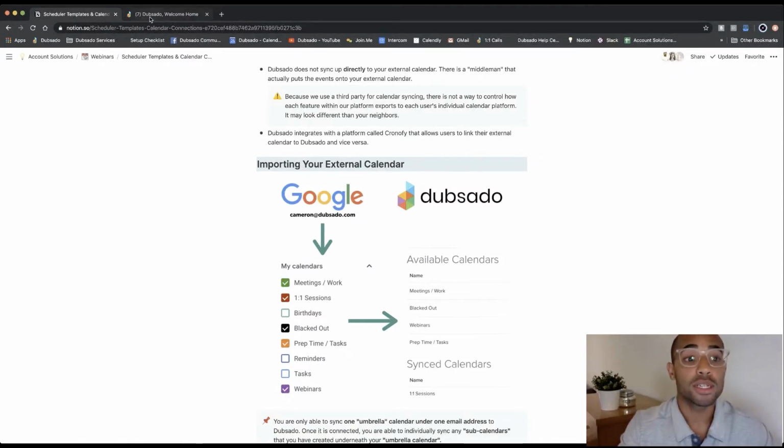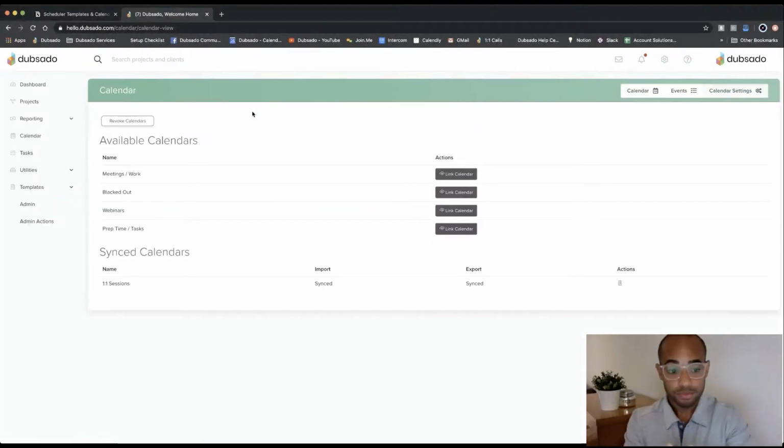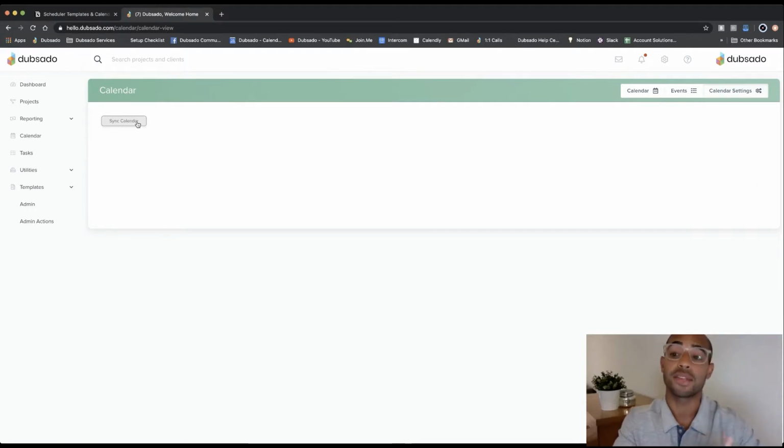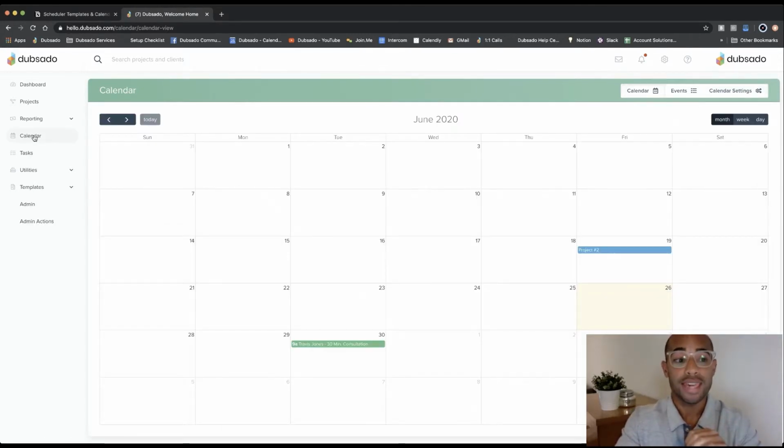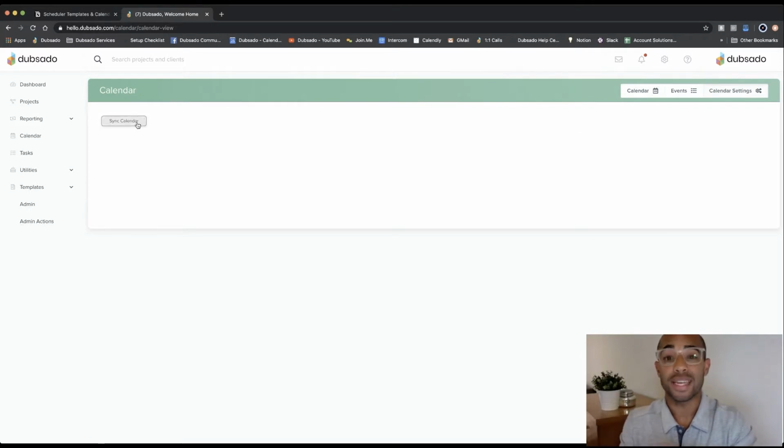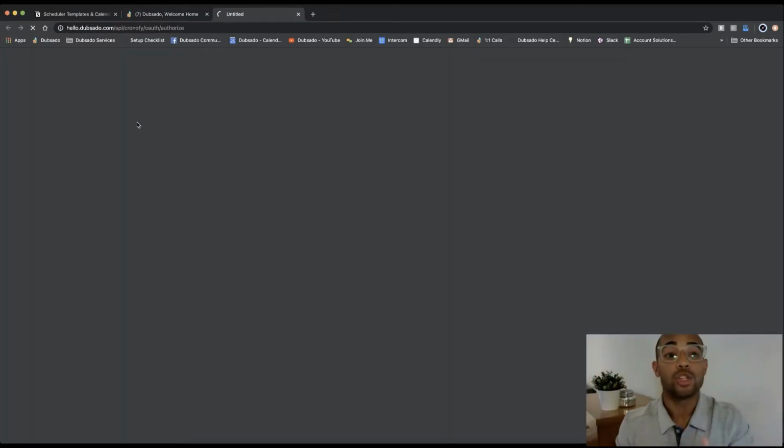So let me jump over to Dubsado here and we'll talk through this. I'm going to revoke these calendars here so I can actually show you how it gets brought in. Let me pull these back here and we'll sync this up so you can see. Underneath the calendar section in Dubsado, over on the right-hand side is the calendar settings area. And this is where you can import your calendar. If we click on that, it's going to take you to an area that says Sync Calendar. And when you click Sync Calendar, it's going to bring up